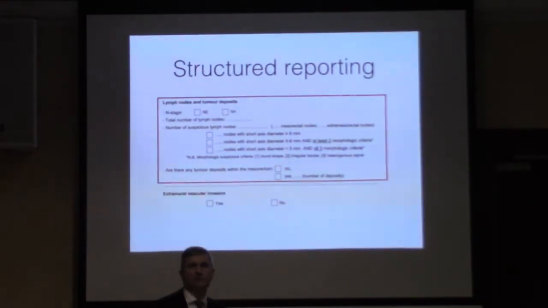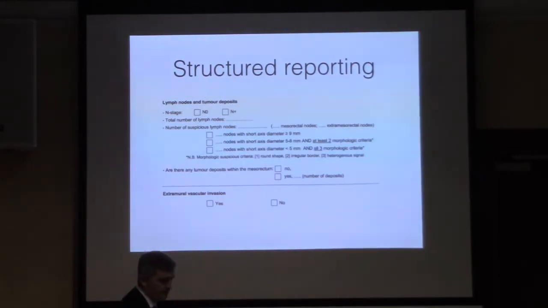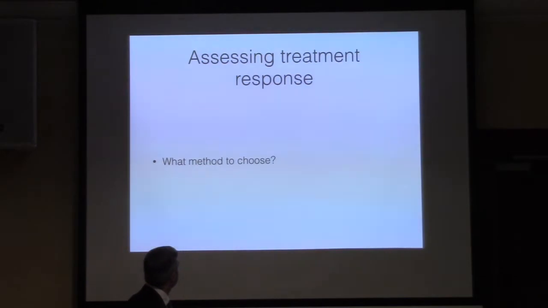You don't get, is it T3A, or where are the numbers, when does it change? If you're following a pro forma, and if you're using voice recognition, that can be a short code. Get rectal cancer comes through. It's very easy to follow that structure. And then finally, we move to extramural vascular invasion. So,